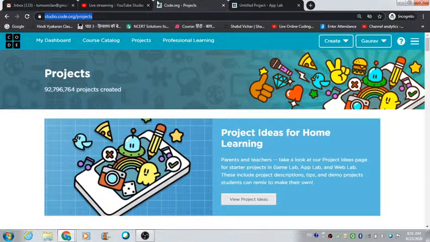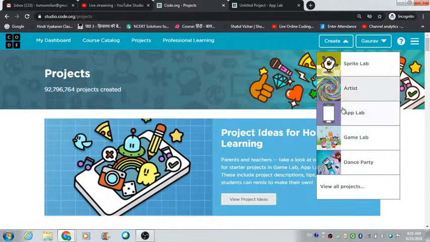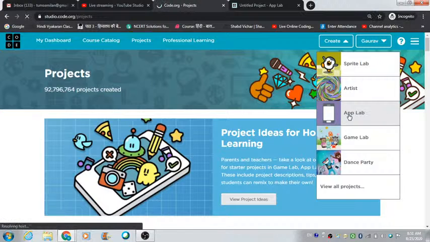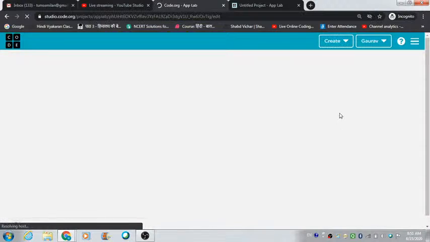So namaste everyone. What are we going to do today? We are going to make use of the basic things that we have learned in the lectures of App Lab, and we are going to design a voting system, using those basic things. So first of all, we are going to come to the App Lab environment,